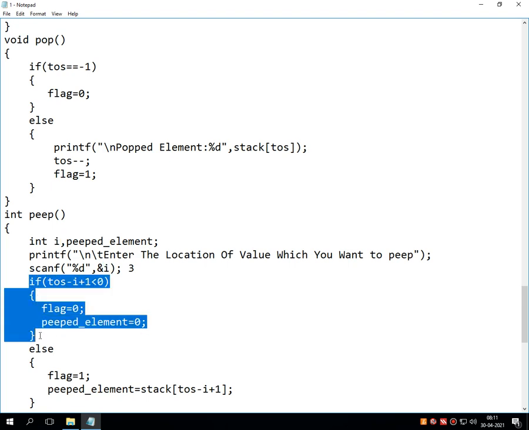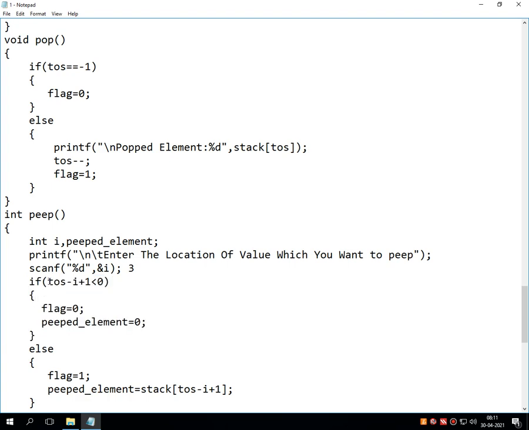Now at that particular time, a decision making statement checks a condition: if top of the stack minus i plus 1 is less than 0. That means it will check whether this third location is positive or negative.